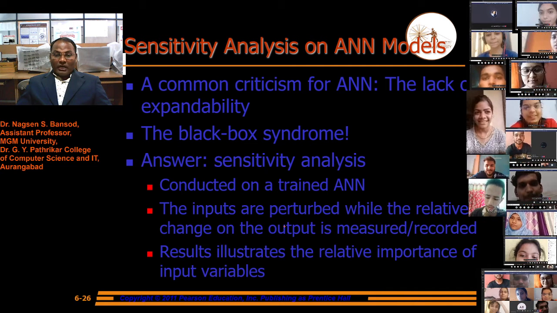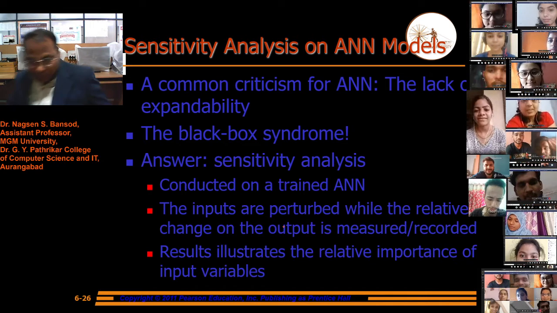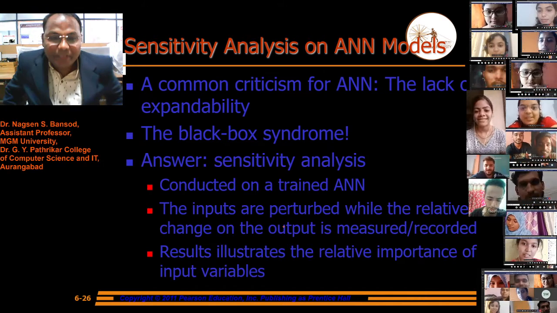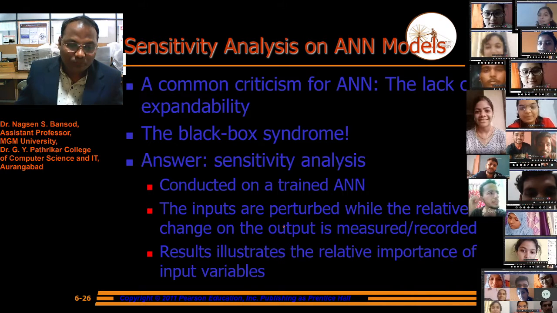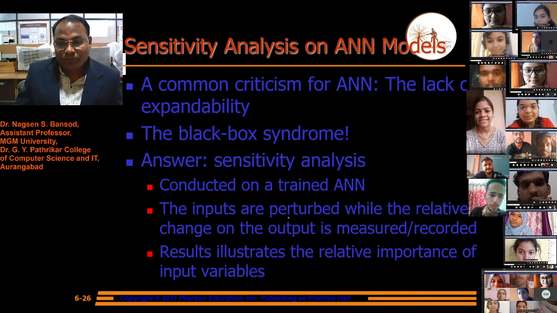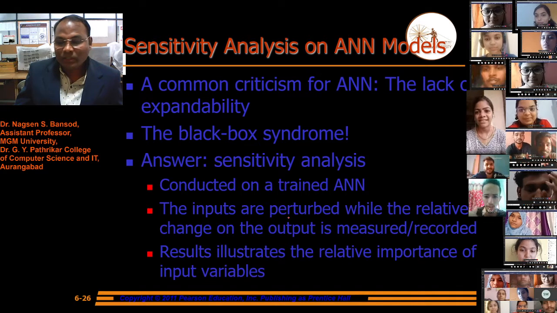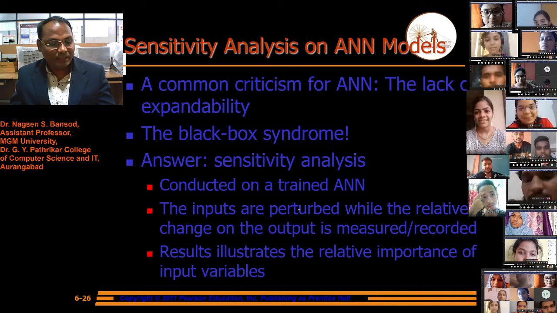The inputs are perturbed while the relative change in the output is measured and recorded. The results illustrate the relative importance of the input variables. This we will see in the next lectures.